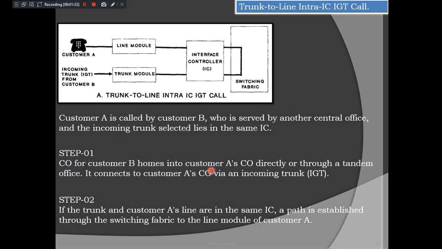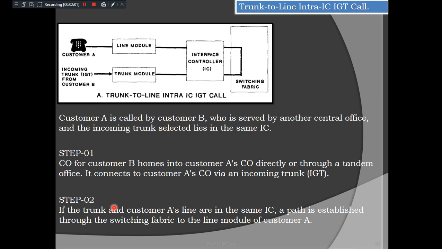It connects to customer A's local exchange office via the incoming trunk, ICT. Incoming trunk means we are able to successfully receive customer B's incoming call request through the trunk.